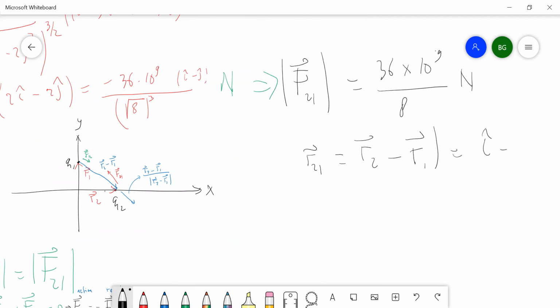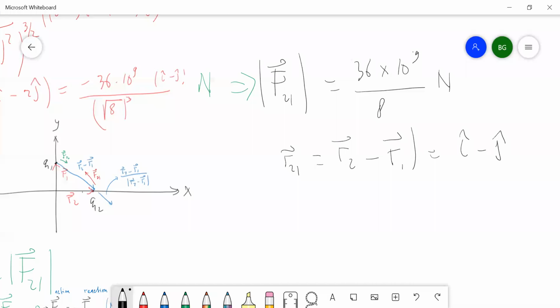This is I minus J, sorry, 2, 1, sorry, this plus minus, sorry. If you write, for example, the unit vector, you just write like this: R2 minus R1 over, sorry, this would be,